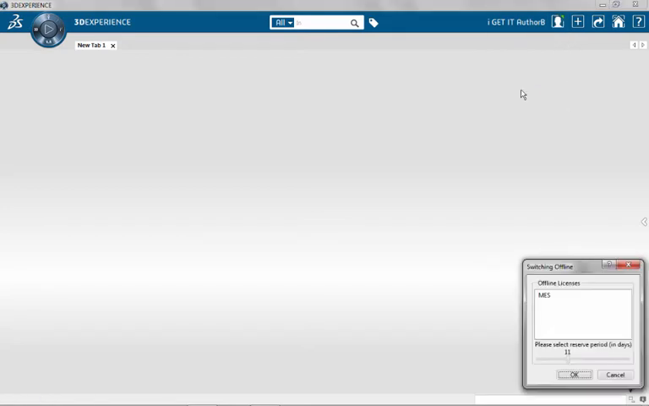If it is enabled by the 3D Experience Administrator, you have the ability to check out your license. So MES is the license that is assigned to me. There are different ways of doing licensing. It may or may not be assigned to you, quote unquote, but in any event, I can check that out